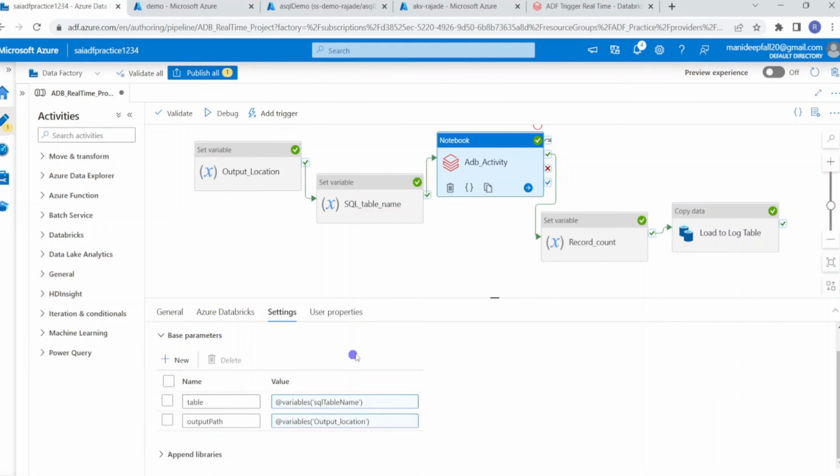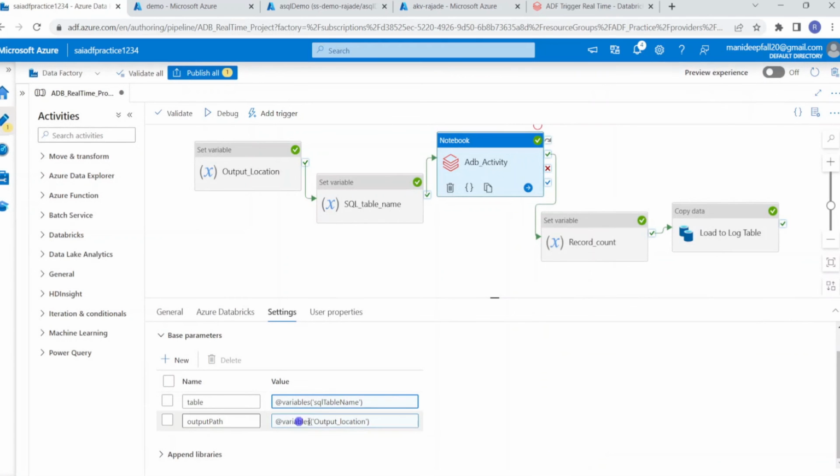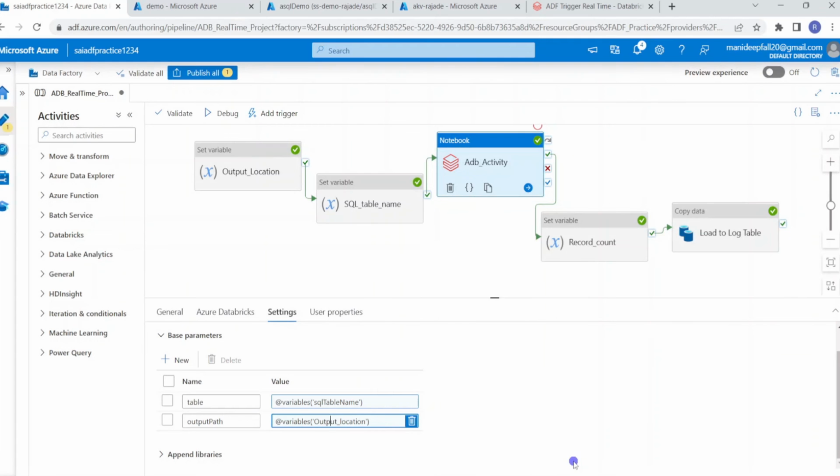And coming to table, it is coming from the previous variable. So that's the reason I'm going with dynamic expression. Here I'm giving variable SQL table name. This is actually coming from the previous activity, SQL table name. In the same way, I am defining output path also, based on another variable, output location, that is coming from the first set variable, this variable. Right. Now we have set up